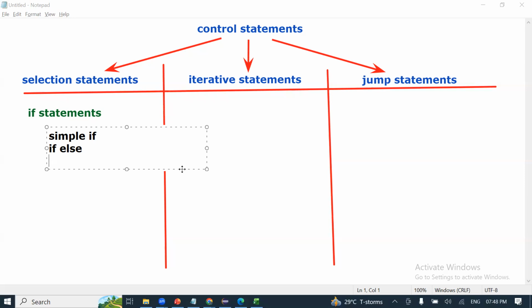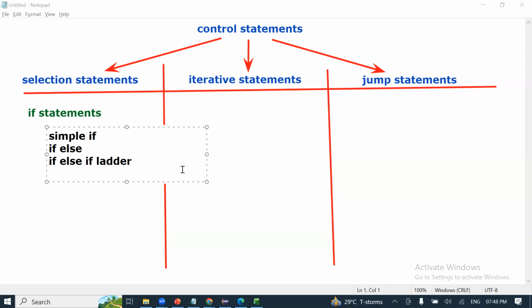Such a thing is called an if, else if ladder. Multiple ifs, just like a ladder has different rungs, right? You put your feet and then you climb. So multiple rungs will be there. The first one will be if, the last one will be else, but in between you will have else if, else if, else if. We'll see that.